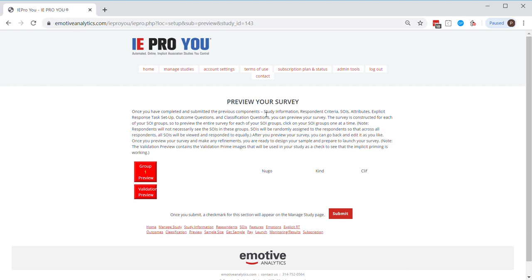Notice that we have the paragraph here that you can read for the details of what this is all about. But notice that we only have 3 SOIs in our study, so there's really only one group, Group 1, to preview. It's a survey that involves the NUGO bar, the KIND bar, and the CLIF bar, and then we have a validation preview, which I may take up in a separate video. But all we need to do here is click on this red box, and the survey that has been built